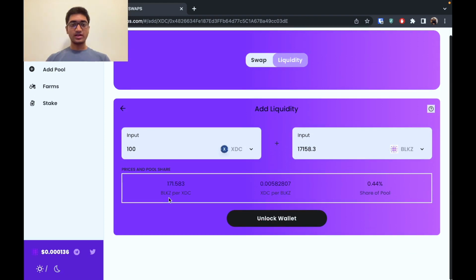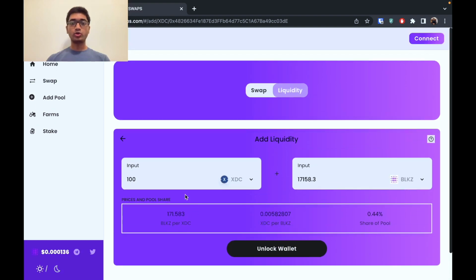This is because one XDC gives you 171.583 BLKZ. That is the rate at which it is going. So in order to contribute at the same rate at which it is currently priced in, you would have to enter that input for both of the coins at that rate. So that is the liquidity part.